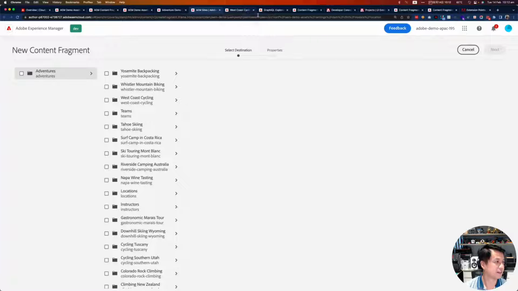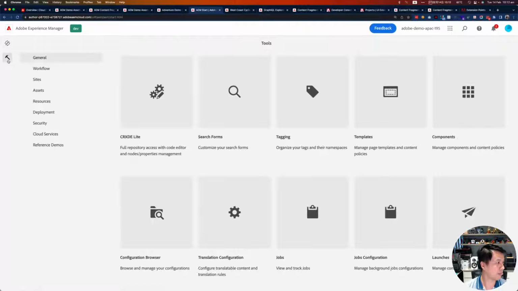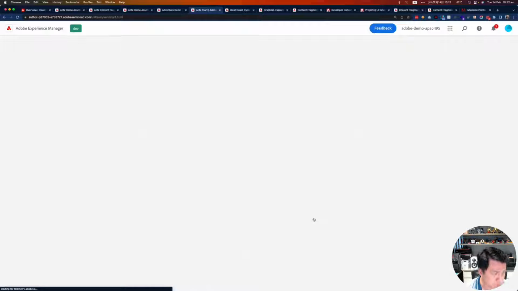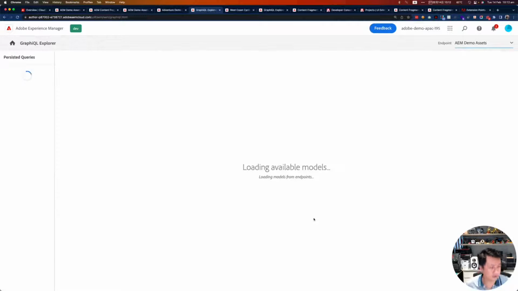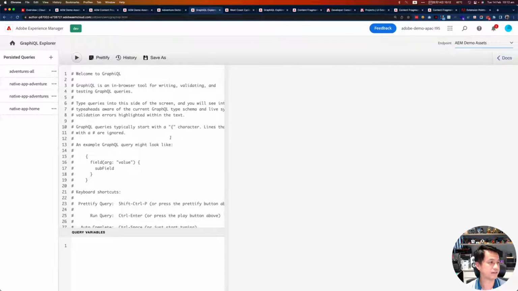All right. Next thing I want to show you is what we call the GraphQL Explorer. So similarly, next to the content fragment model window, we provide you a query editor for the GraphQL. So again, you will find this interface still under the AEM instance we are playing with. And on the left panel, you will see a lot of persistent queries you have already defined.